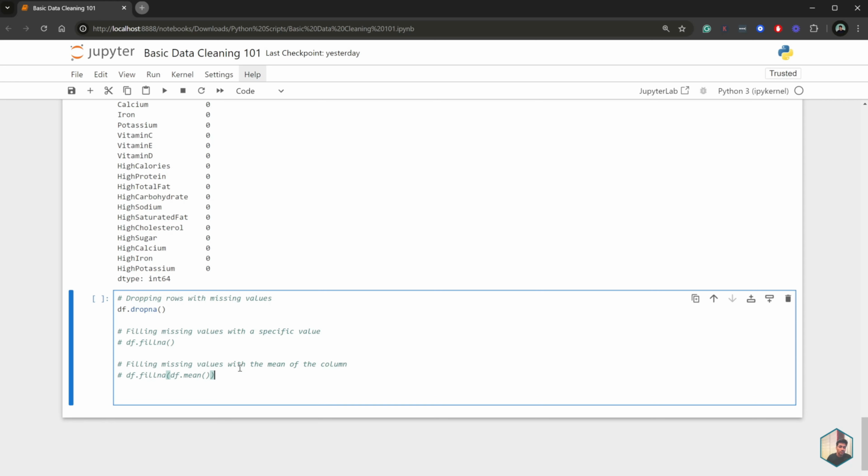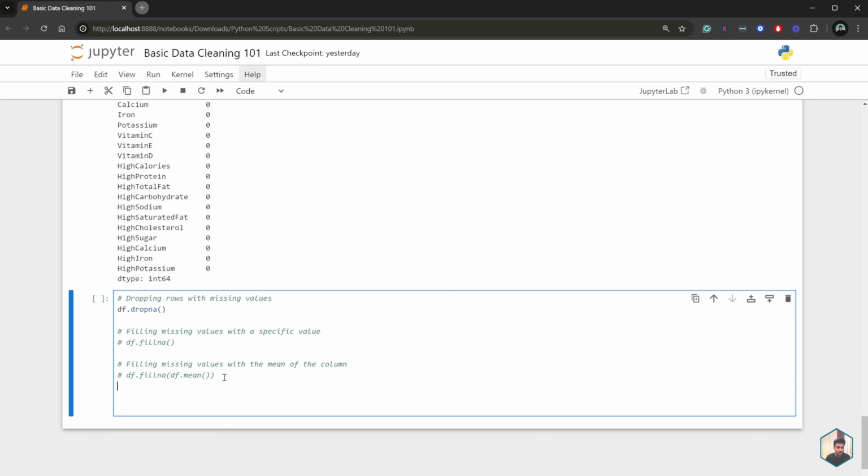Ultimately, which method you choose is up to you. It really depends on the data and the data set that you're dealing with. In some cases, if you just can't tolerate missing values, it's best to drop them altogether. In some cases where each row of data is very important, you may resort to another method like filling them with the mean or median.